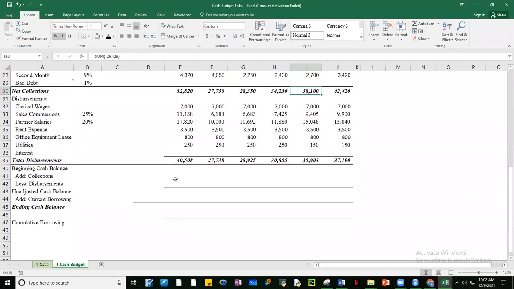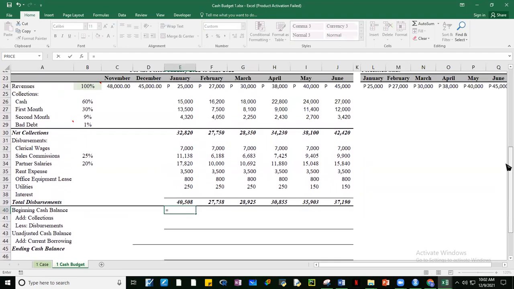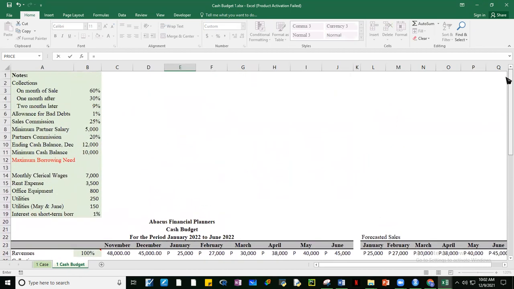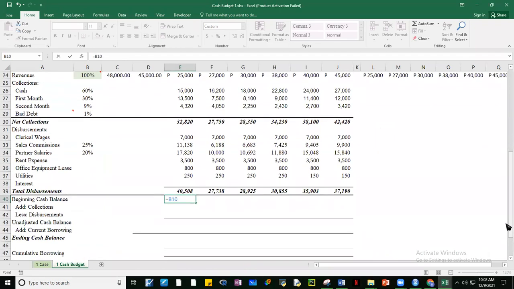Okay, so the beginning balance we're told is, so magkano yung cash balance natin nung January? The beginning cash balance for January is the ending cash balance for December. So meron tayong beginning cash balance na 12,000 kasi yun ang ending cash balance ng December.